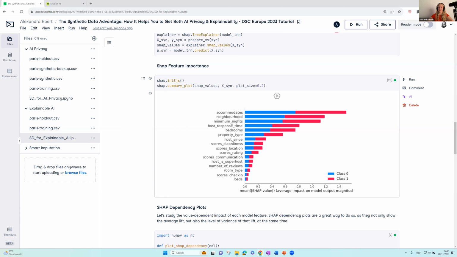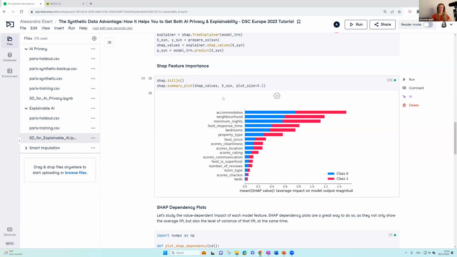So this so far is not very surprising. What's maybe not very intuitive is why the minimum nights are the third most decisive element here, because I wouldn't be able to intuitively come up with an explanation of why an accommodation that requires me to have a minimum night should be more or less expensive than one where I need to at least stay 2 nights or 3 nights. Then we have the host response time, how many bedrooms, and many other elements, but we can already see from the plot here that they don't have as much impact as the ones that are right on top of this plot. So now we have a better understanding of why our model classifies or predicts an accommodation as being more